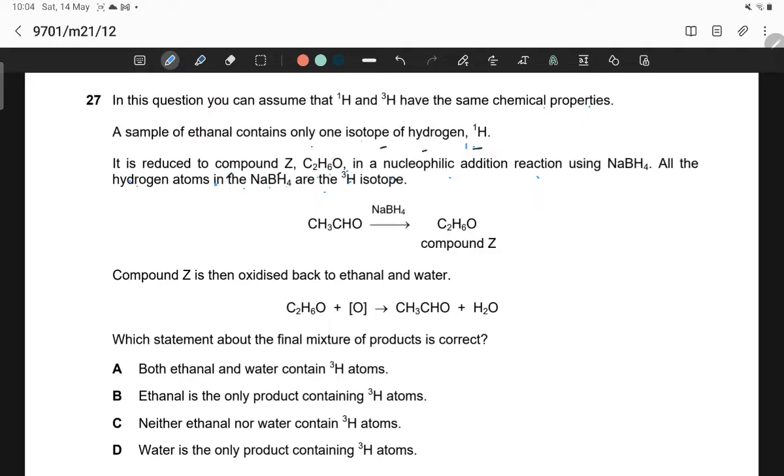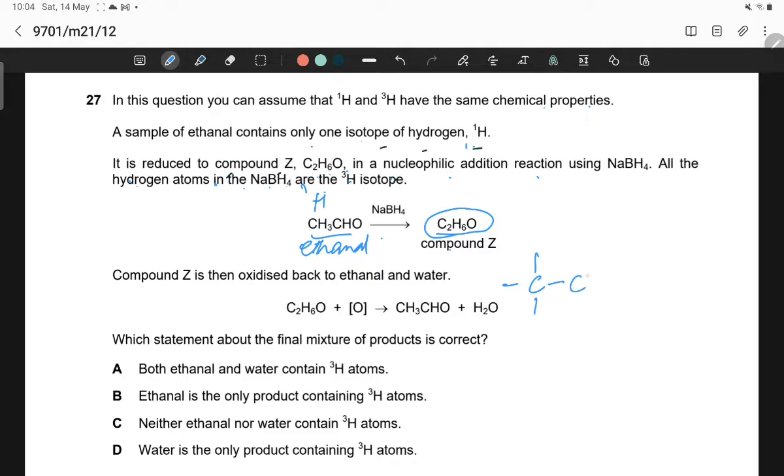Compound Z is ethanol, so ethanol containing only H1 is converted into ethanol, reduced into ethanol. So it means